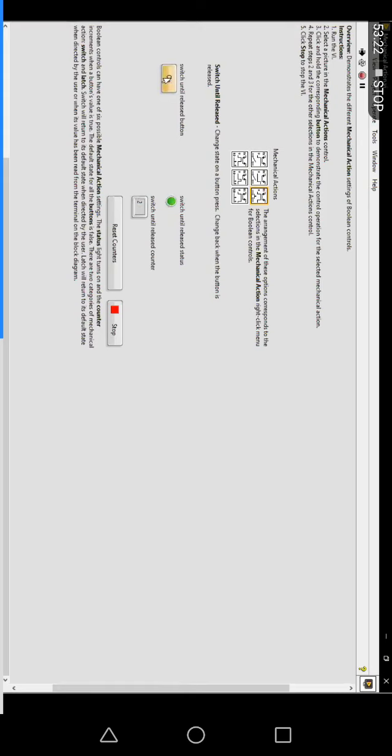So see here, if you keep on pressing the Boolean control, you will get the output. If you release it, you won't get the output over there. There is a difference between each and every action. And that is switch until release. Okay, now latch. So we saw the switch action there.